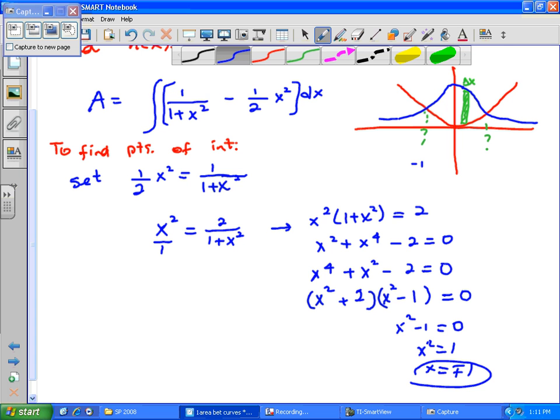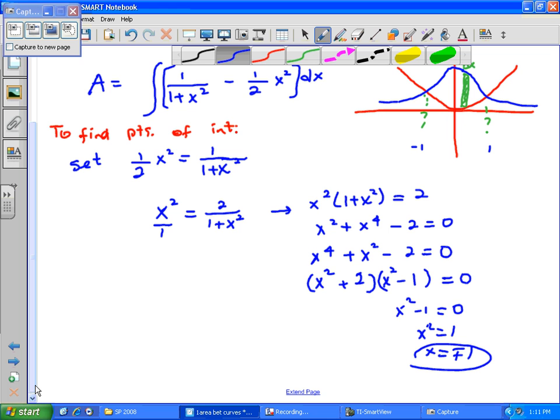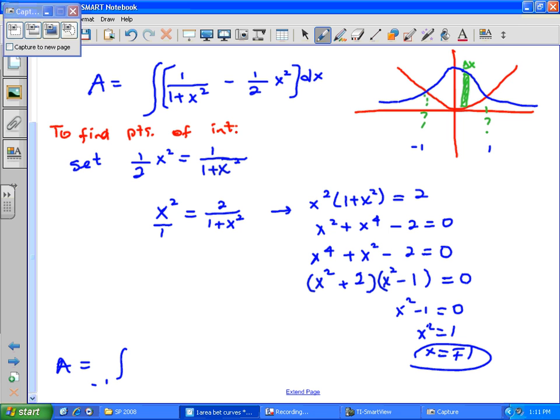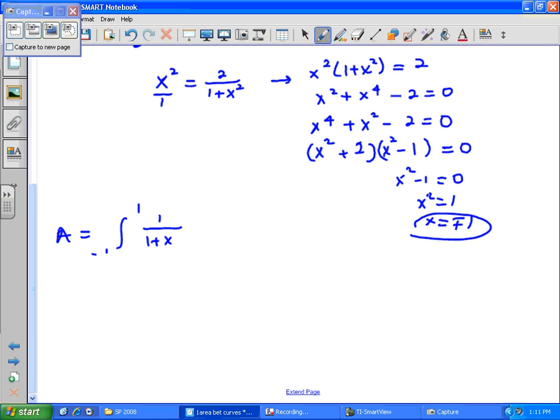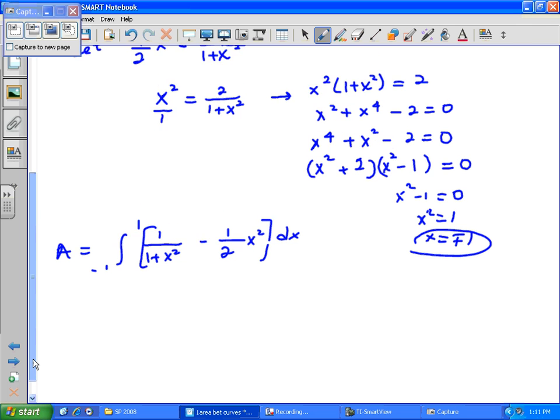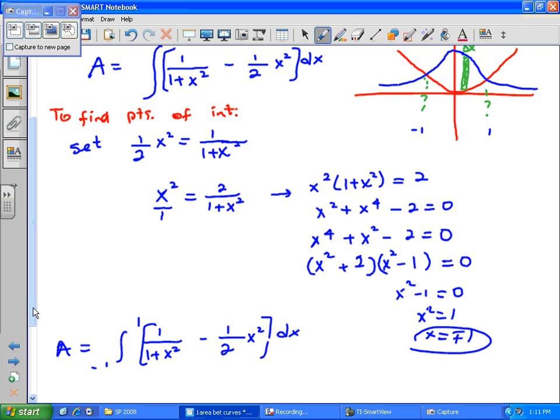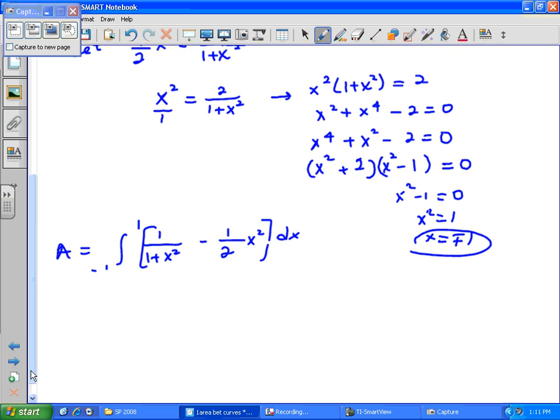So this side should be negative 1. This side is positive 1. And now we're ready to integrate. So we're going to integrate the area function that we set up there from negative 1 to 1. And I ask you once again, yes, we could continue this integral from negative 1 to 1, but anytime I see symmetrical limits like this, I ask myself,